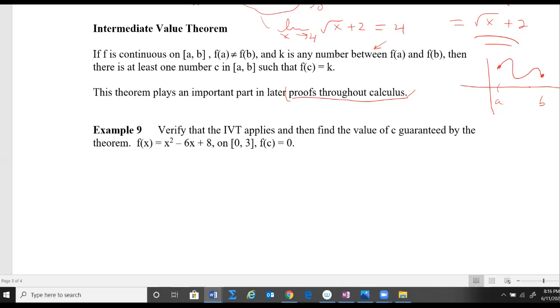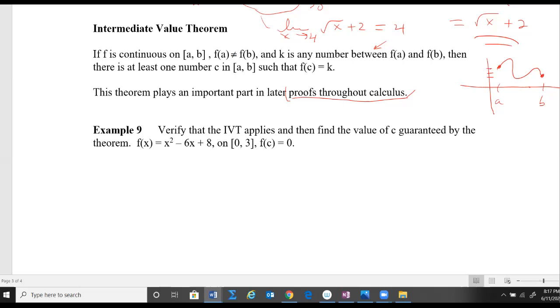Okay, now, next condition is that if k is a number between f of A and f of B, then there is a c down here, somewhere between A and B. There's a c such that f of c equals k. So if you pick a number in here,